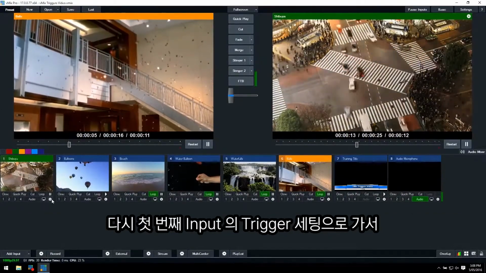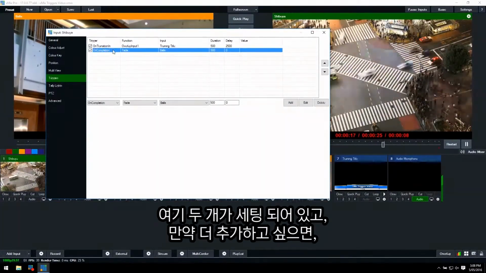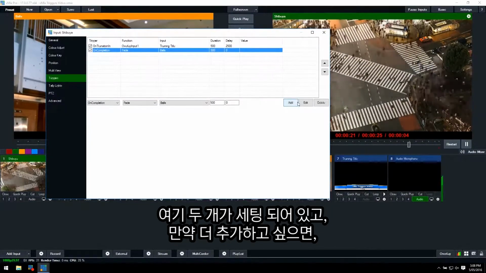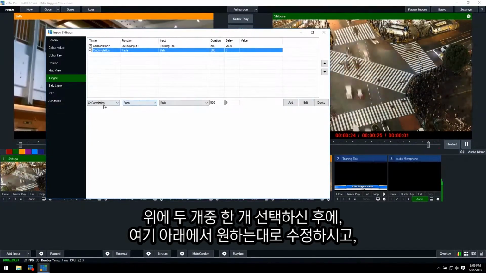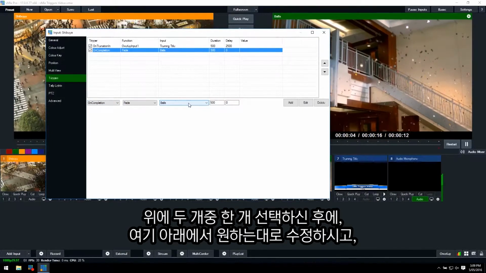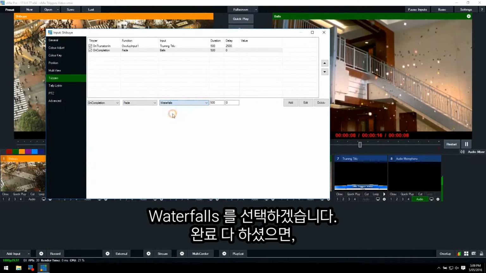Okay, so I'm going to go back into the trigger settings. And so we've got these 2 set up here. If we want to edit one, what you need to do is select it. And then down here you can change whatever you want it to do. So it's got it listed, let's say, for example, we wanted to change it to a different input or something, we can change that to